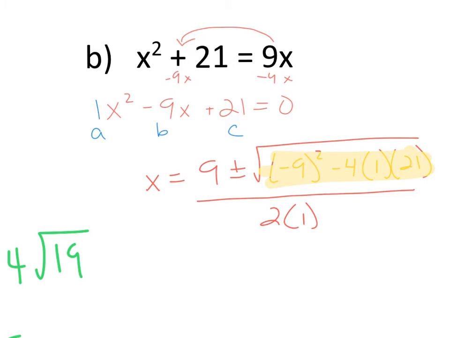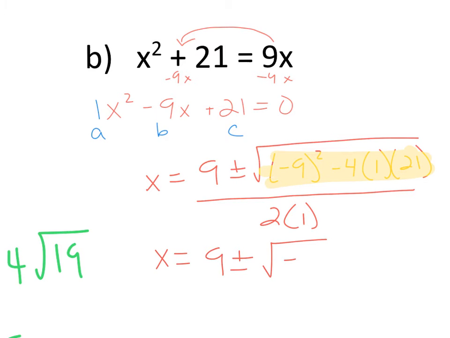Side note here, just make sure that if you're typing in your calculator and it's a negative, you have to put those parentheses in there. You're going to get the wrong answer. Okay, so you have to put the parentheses in your calculator to get the correct answer if you're typing it all in one line. All right, so I've got x equals 9 plus or minus